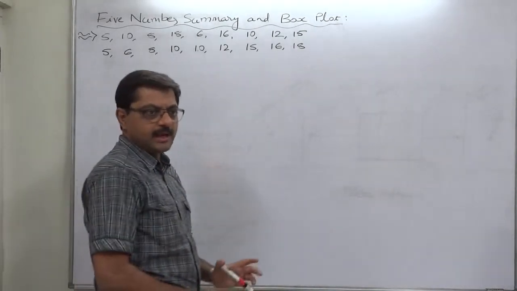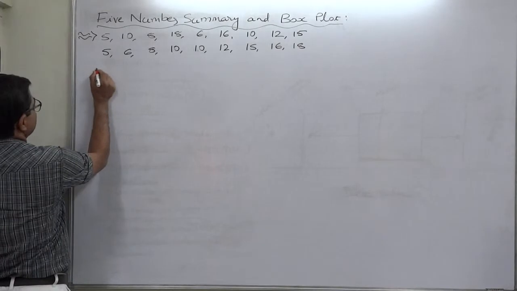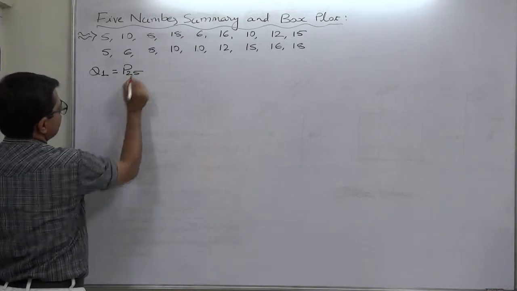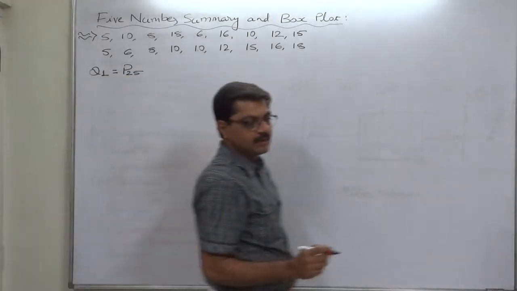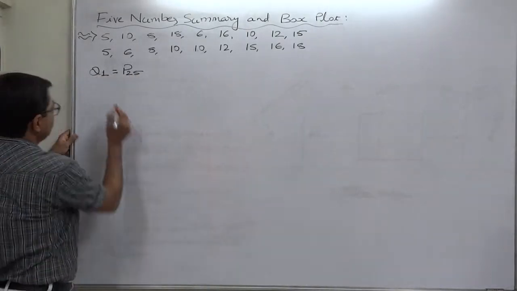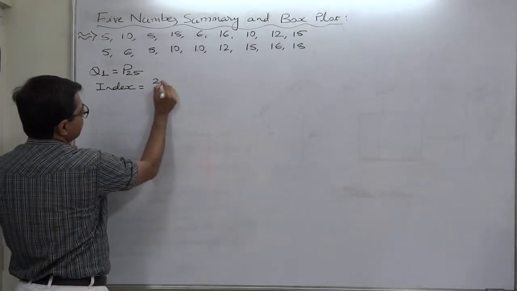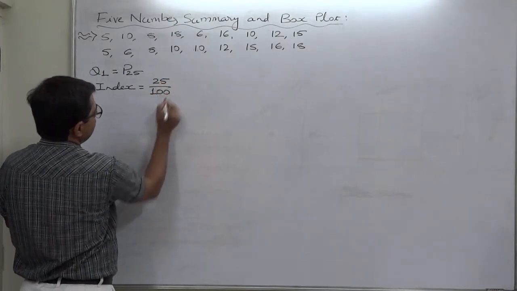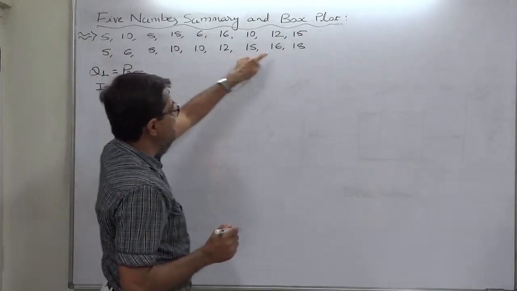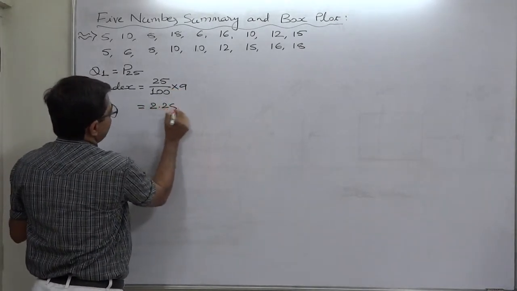First quartile Q1, median Q2 and the third quartile Q3. Okay. So first we are going to find the first quartile Q1 and we know that that is the 25th percentile for us or P25. To determine the value of quartile or percentile, first we have to calculate the index. And in this case the index is 25 upon 100 into n. N means number of values: 1, 2, 3, 4, 5, 6, 7, 8, 9. 2.25. So the index comes to 2.25.